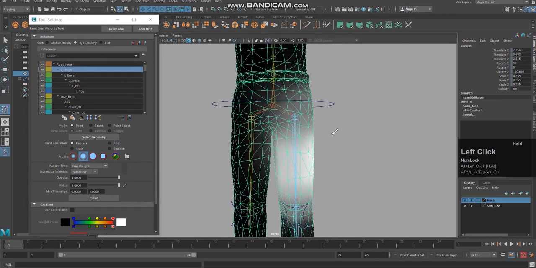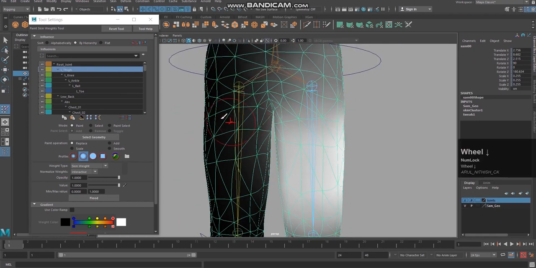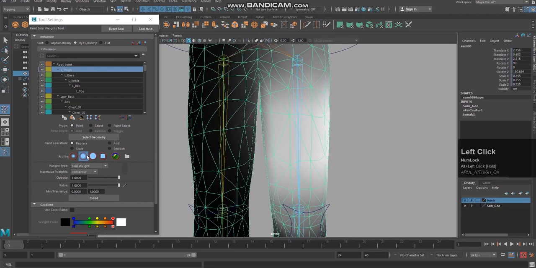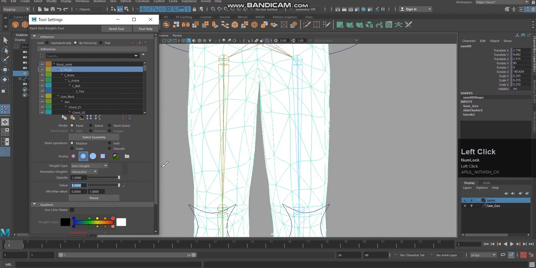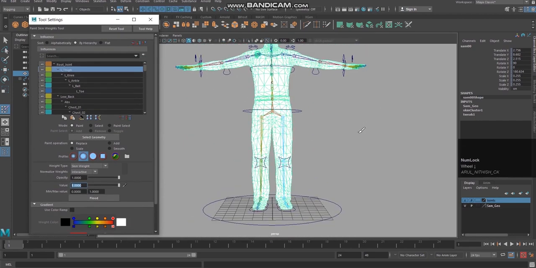You can see the left thigh is having influence here. I'm going to give the maximum value 1, and if I click on flood, you can see the entire body is being given influence by this thigh bone.